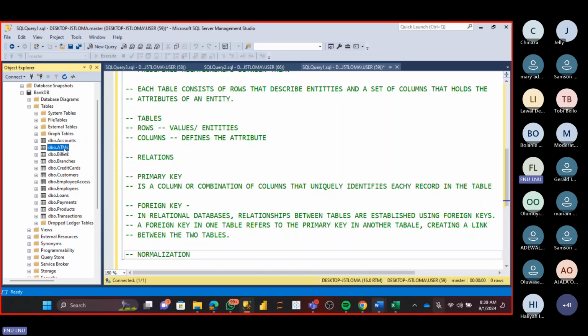Anything that has to do with ATMs, we have it in a table that has to do with ATMs. Anything that has to do with customers, you see, we have a table called customers. Anything that has to do with credit cards, we have it separate. Okay, good. Now, because we have these tables separate,